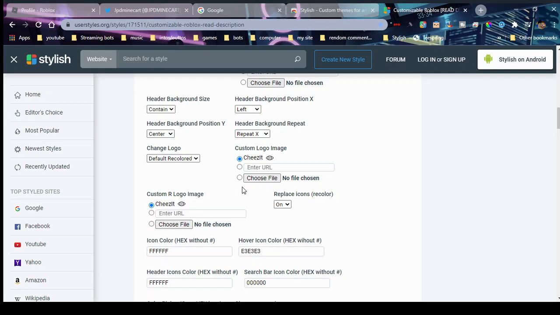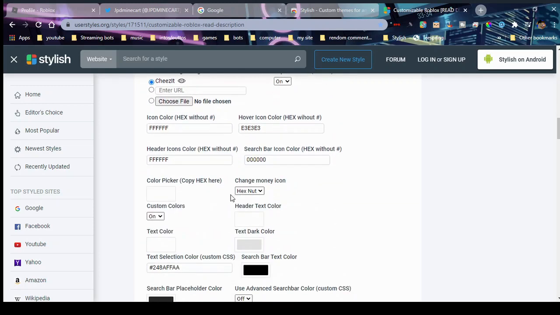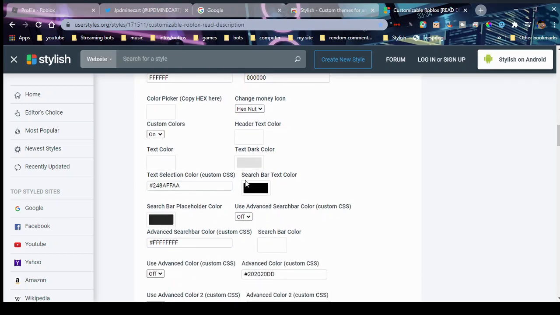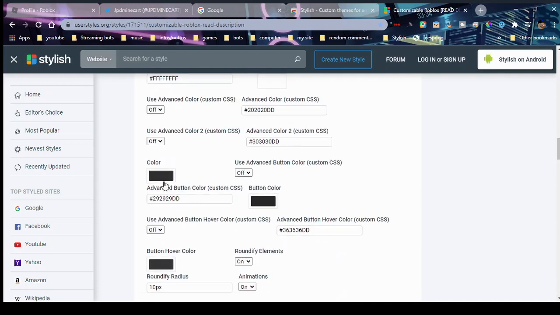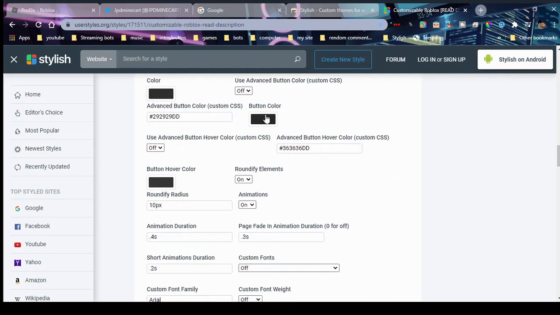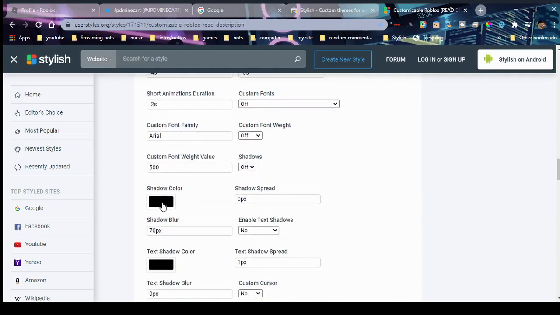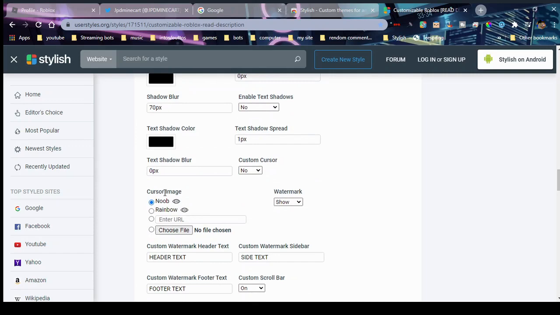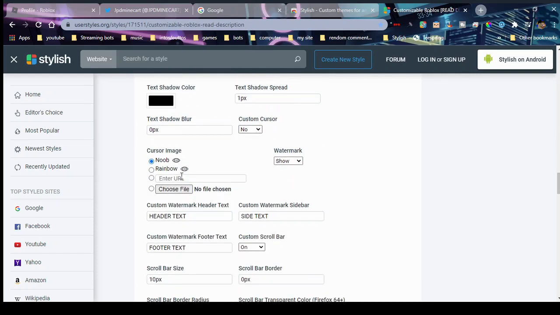I've not really messed around with the rest of these settings, but this is something if you really want to change. You can change the text dark color, the search bar text color, the search bar placeholder color, which in this case I really need to change because it's hard to see where it is, but I'm not going to do it now. And then you can change a bunch of other things. You can change the button colors, the button hover color, the shadow color, the text shadow color, and the cursor, which is this, but